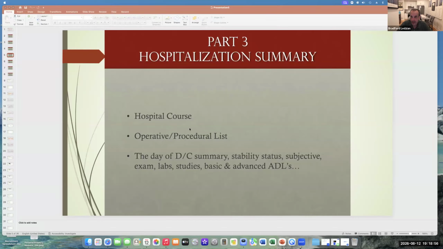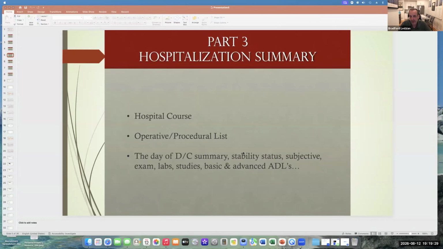The hard part is if you're a single isolated practitioner and you're rounding every day, yeah, you can do this. You know that you need to do it. You're the one who's going to suffer the consequences if it's not done. So it's pretty easy to set yourself up for a good discharge summary. The hard part is managing a team and getting everyone invested in doing all these small little details every single time, because they might not be the one doing the discharge summary. And so then they don't feel the pain if they don't keep an active list of every operation and every procedure that was done.